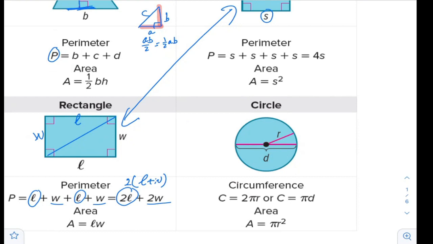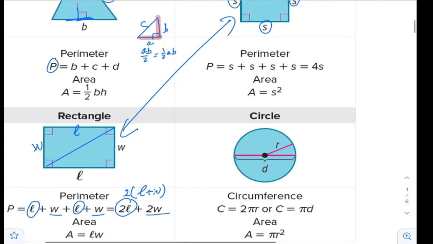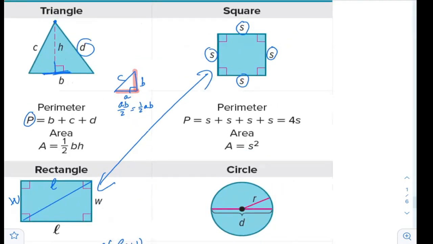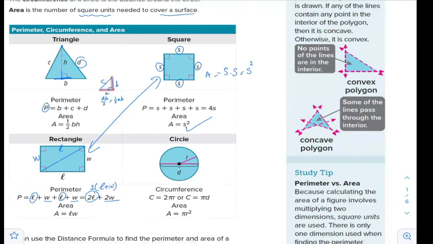And in the rectangle, the base and height اللي هم width وال length are always perpendicular to each other. يعني هم بيعملوا زوايا قائمة مع بعضهم البعض. Square special case من الريكتانجل. يعني if you find length by width, the length is S if the side length is S. The width is also S, so S times S is S squared. So the area of the square is S squared, or side length squared.